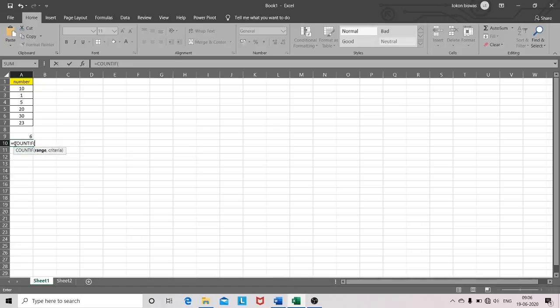Bracket open, and you want to select from here to here. Bracket close. Sorry, not bracket close. So it selects all the rows.